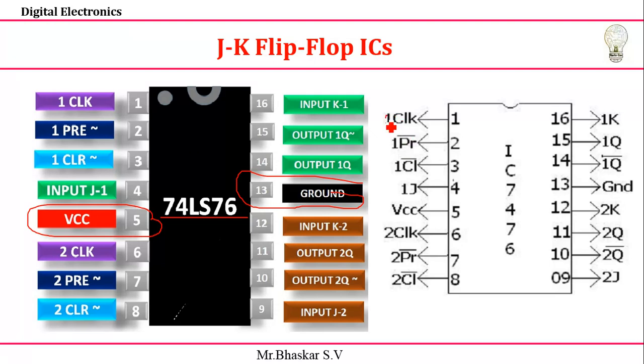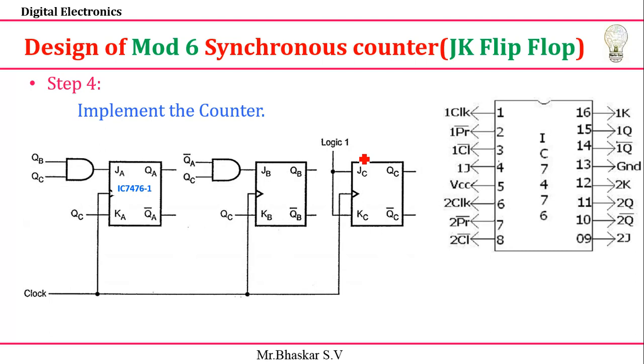Similarly, wherever 1 is there, just stop the video and you can check it out. This is my pin diagram: 1 is your first flip-flop, 2 is for the second flip-flop. Okay, let's do the connections. Here we can see IC 7476. The first IC I'm going to use for this, and this is used for the second JK flip-flop. One IC internally has two JK flip-flops. The first JK flip-flop I'm going to use for this, the second one here, and one more IC I'm going to consider. This one I'm going to take as a separate IC, IC 7476. This is the second IC, and this is the first IC.